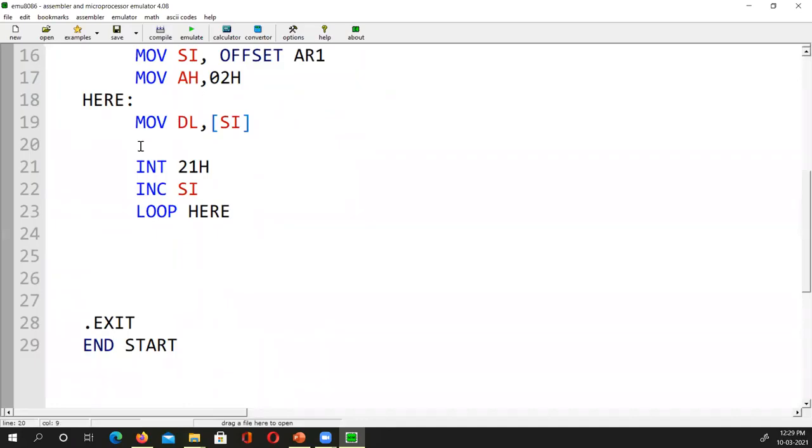So that is why I should add with DL how much? Can anyone tell me? 30H. 30H or 48? Right, very good. So I should add either 48 or 30H. Okay, so that means 30H or 48 is the same, hexadecimal or decimal. So 48 ASCII. Why did I get 48? Because I have to see what is the ASCII of 0 so that I can convert that.